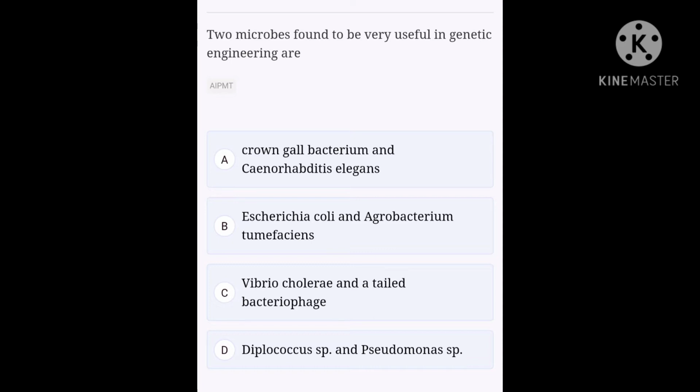pBR322, which contains the origin of replication, ori. Other cloning vectors like pACYC177, pBR324, pRK646 contain the ampicillin resistance gene. They are also found in E. coli. Among higher plants, the Ti plasmid of Agrobacterium tumefaciens and the Ri plasmid of Agrobacterium rhizogenes are the best known vectors. tDNA from the Ti or Ri plasmid of Agrobacterium is considered to be a very potential gene vector for a cloning experiment with higher plants, and the correct answer for this question is B, that is Escherichia coli and Agrobacterium.